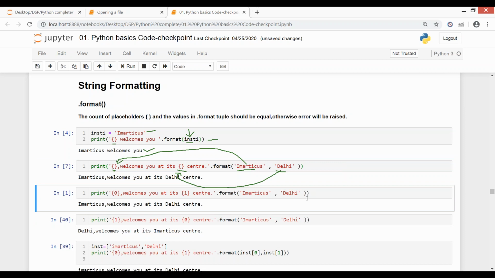Now Akash is asking, how will it decide what to give where? Like, matlab, you're asking that as I've written, the first value will be referring by default to the first. अभी नीचे वाली commands पे मत जाओ because उन पे confuse हो जाओगे. जो समझा रही हूँ उसी पे रहना अभी. So पहली value पहले placeholder को refer करेगी. Second value second placeholder को refer करेगी. And if I insert any third value here, let's say India here I'm writing, and मैं another placeholder after center डाल देती हूँ. Now this third placeholder will be referring to my third value. You see?